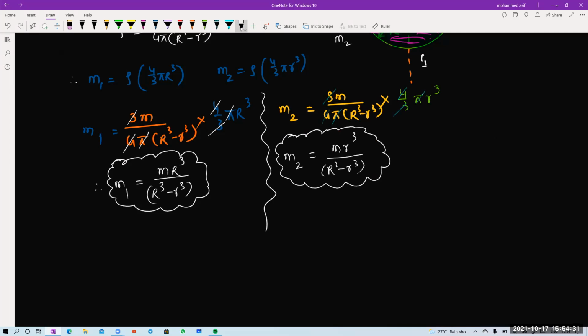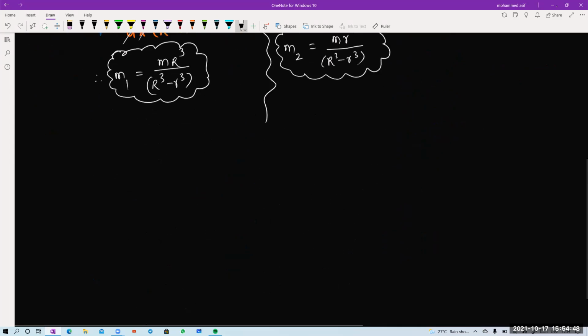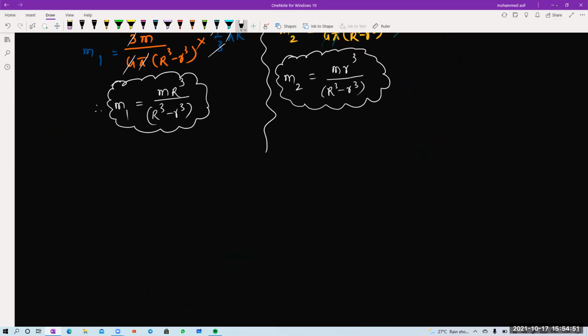If I1 and I2 are the moments of inertia of the larger sphere, say I1, and of the smaller one, say I2. Now, what are I1 and I2? The moments of inertia of the larger and smaller spheres about the diameter. Then the moment of inertia of the hollow sphere will be equal to how much, beta? So I can say that the moment of inertia of the hollow sphere will be I equals the larger moment of inertia minus the smaller one.